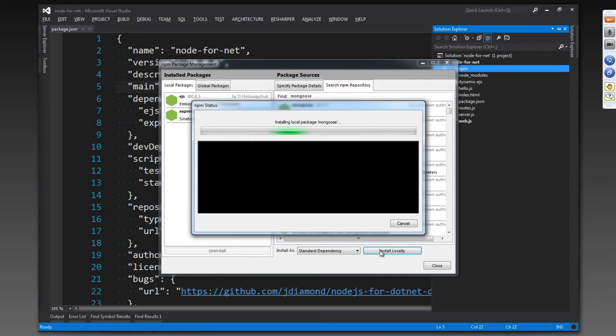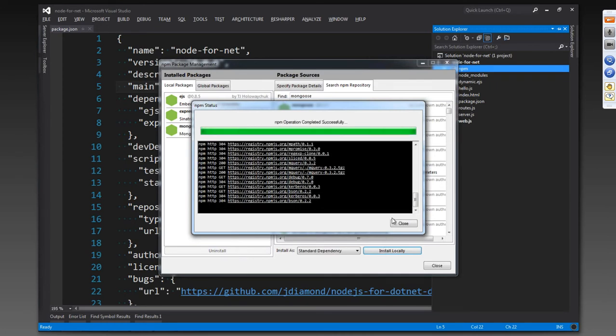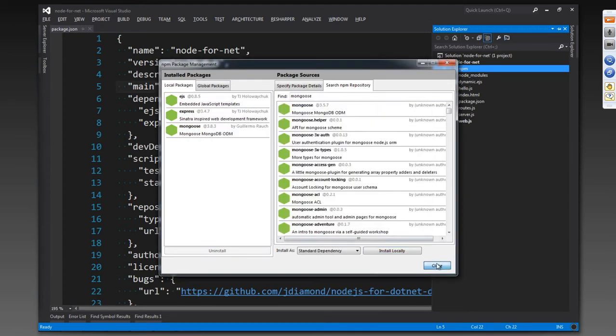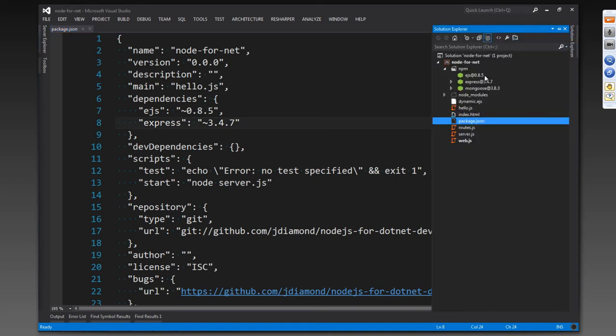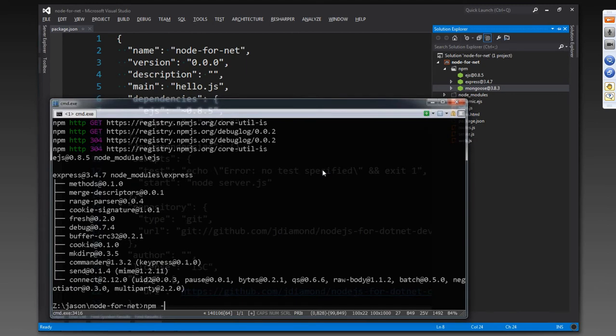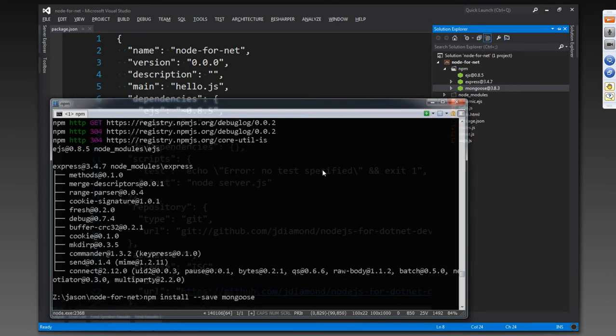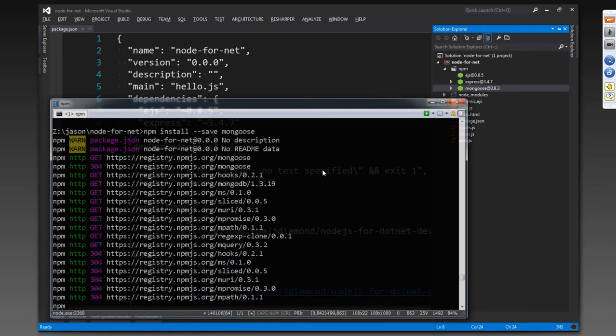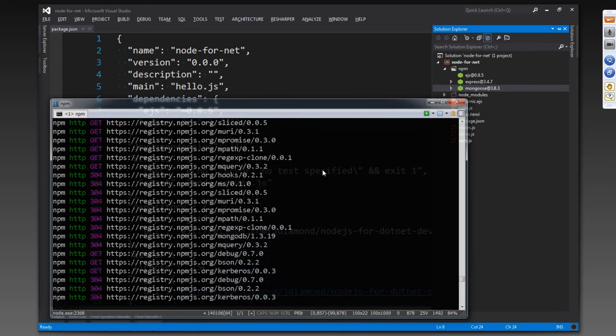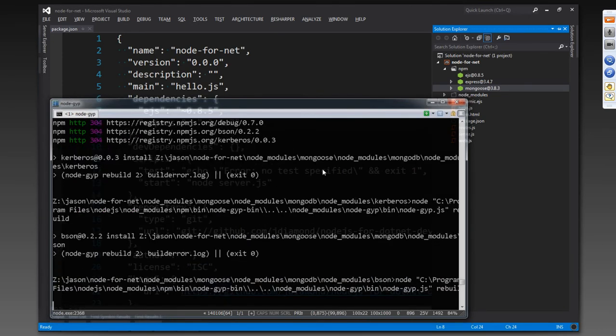It's taking its time. And he's done. So let's see how package.json looks. Sadly, the tools are not saving Mongoose inside package.json, which is a bit of a bummer. When I do this from the command line, I always do npm install --save mongoose in order to have npm download and install the package and also write it to my package.json file. So he's basically reinstalling, doing what Visual Studio just did, plus